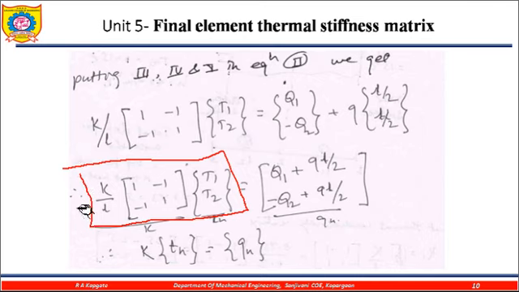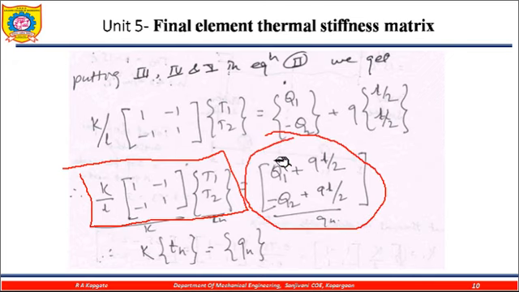Here this is just the element, so there is a possibility that we need to do the assemblies. Once we do the assemblies we will understand, but understanding this term is very important, because this one is the heat flux by conduction, and this one is your convection terms. These are the convection terms. So these convection terms play a very important role in the process. So I hope you are understanding this formulation of the element stiffness matrix for the 1D heat transfer problem.